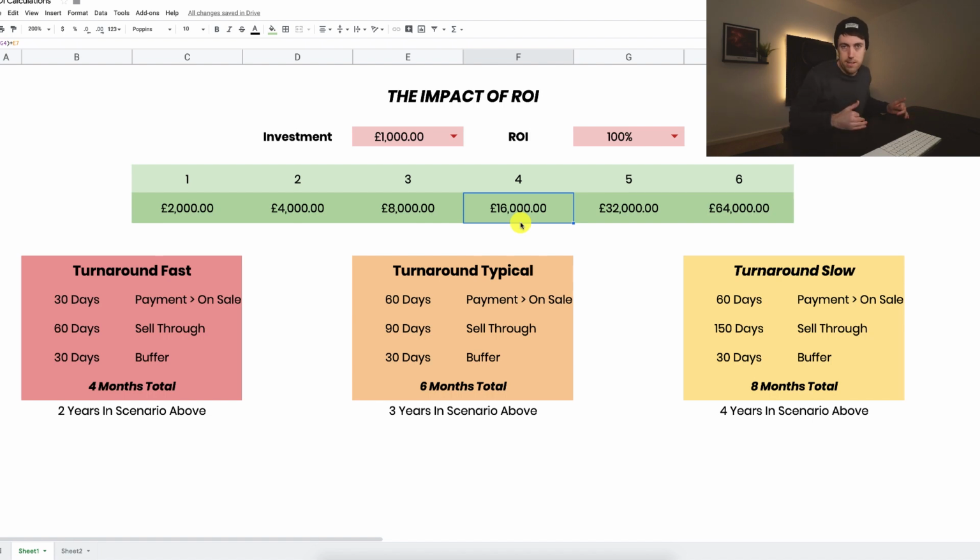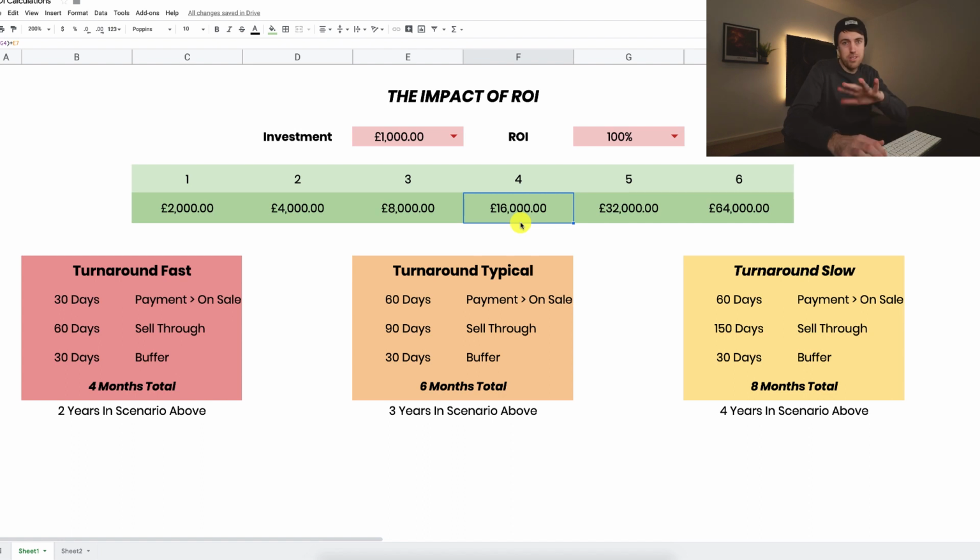Now again, of course, like I noted, the demand is going to cap this somewhere, because you can't sell unlimited units of a product. You can of course expand to different marketplaces, and you can do a whole bunch of stuff to keep this ball rolling as long as you can, but there is going to get to a point where you're going to hit a level of demand that just kind of tapers out, and you're going to hopefully then just sell a consistent amount of a product each month. And that's of course where you can either begin to consistently take some money out because it's reliable and predictable, or you can take some of that product's profits and invest it in another product and launch out from there, or of course a combination of the two.